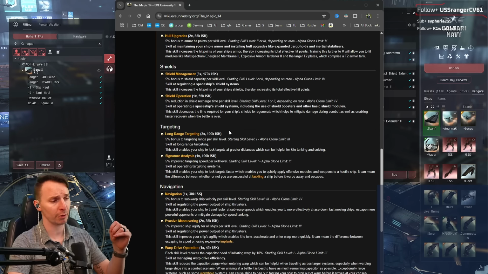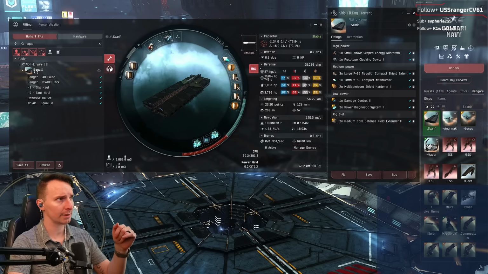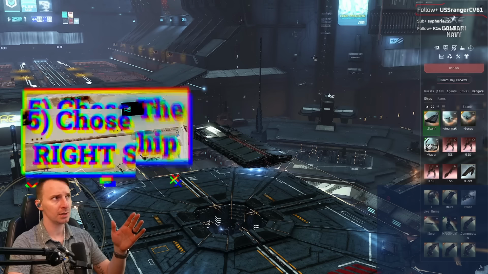So this link will be in the description for you so you can see the full amount. This impacts every ship you can use. Check that out. Okay. All right, the next thing we're going to talk about is how to choose the right